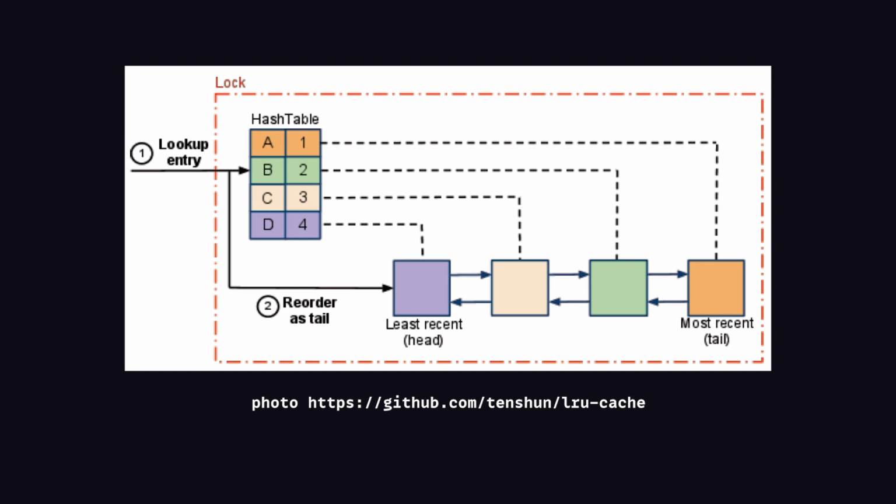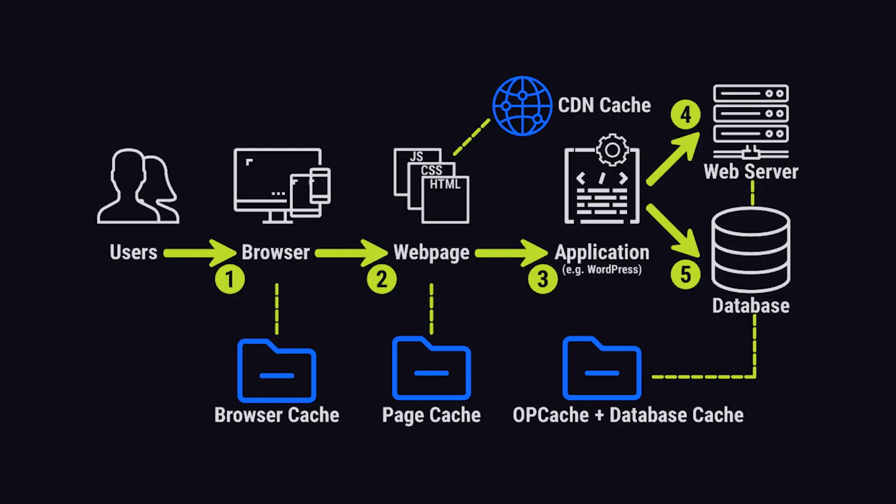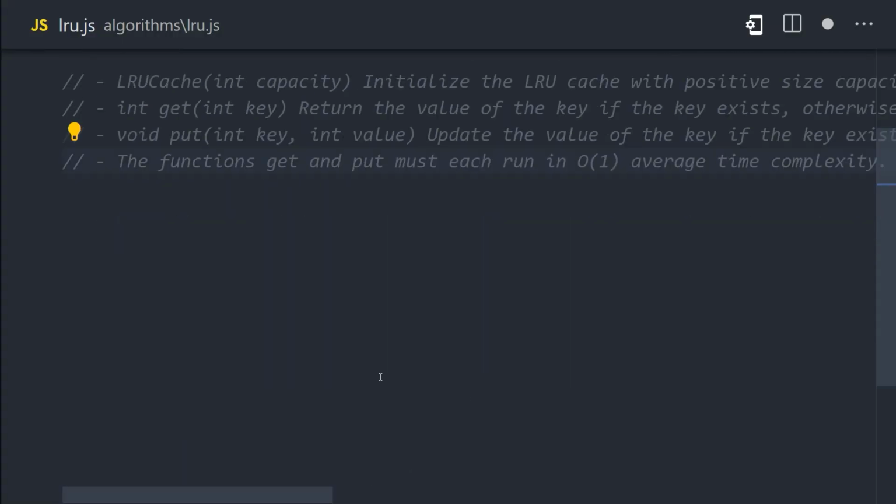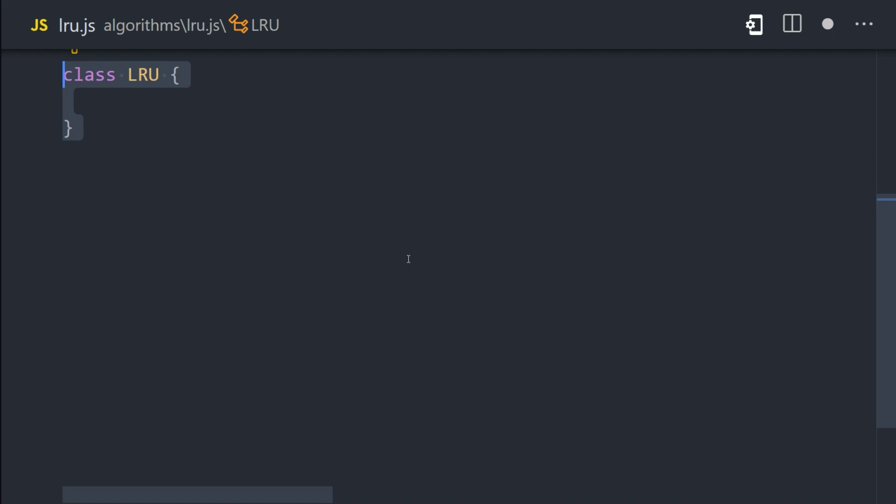The LRU cache is used frequently in the real world. For example, you might have an app that returns recipes, and so you put the most popular recipes in a cache. The cache is small and fast and lives in memory, while your main database is big and slow and lives on the disk. What I'd recommend you do now is read the problem carefully and then try to implement it on your own. Pause the video and come back, because now I'm going to talk about how I would